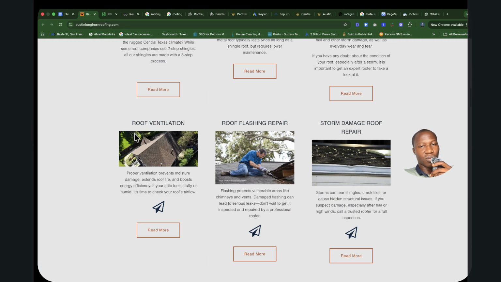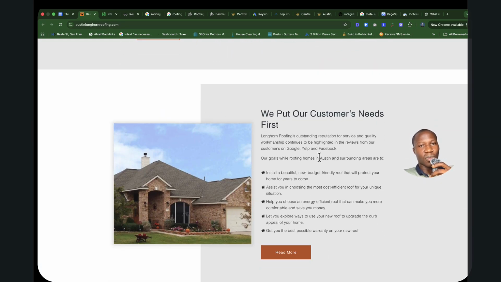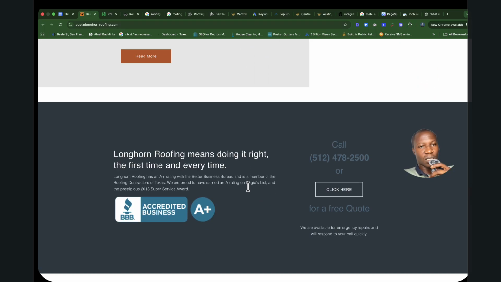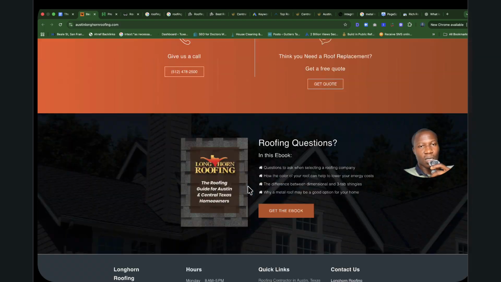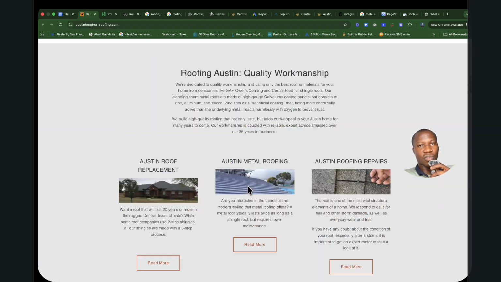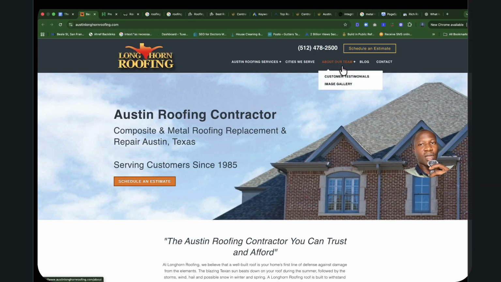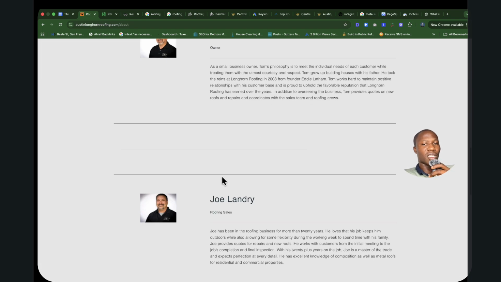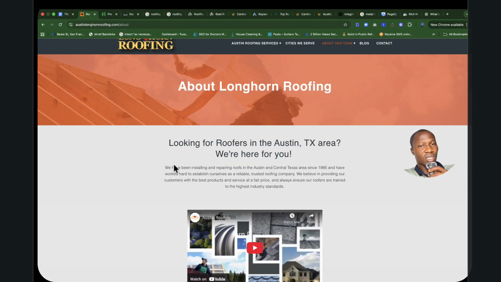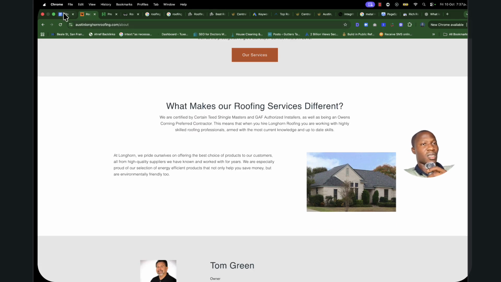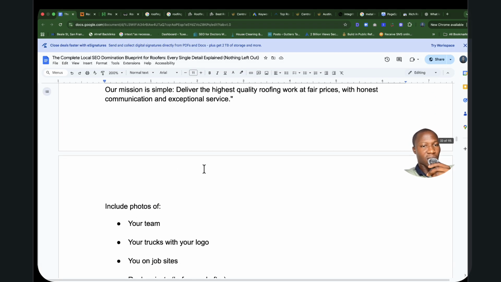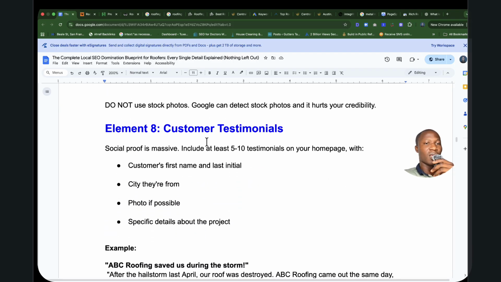Like you can see this one, let's see if they have an about us section. Okay. Let's see. I don't think they have it right here on the page, but they should have it here, right? An about us section. So you could also include it on your main page, or you could have a dedicated page for it. Anyway, you should include your team, what you do, how long you've been in business, and how you can serve your customers. So this is a basic snippet, so you could just go over it and see exactly how you can get that done. And customer testimonials, these are also important.